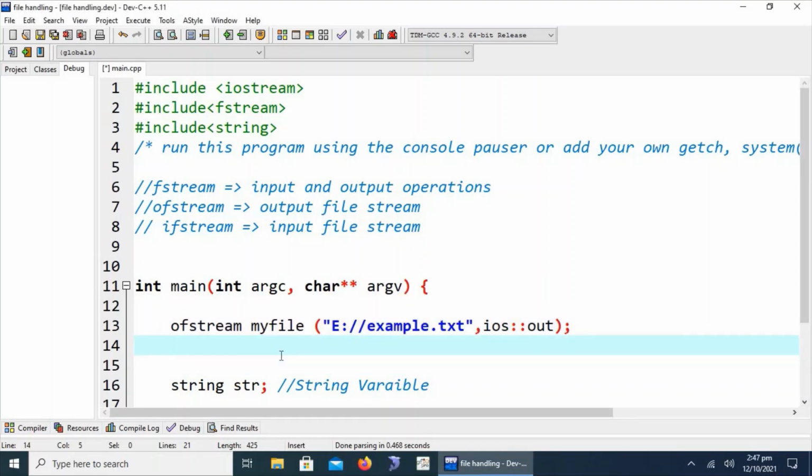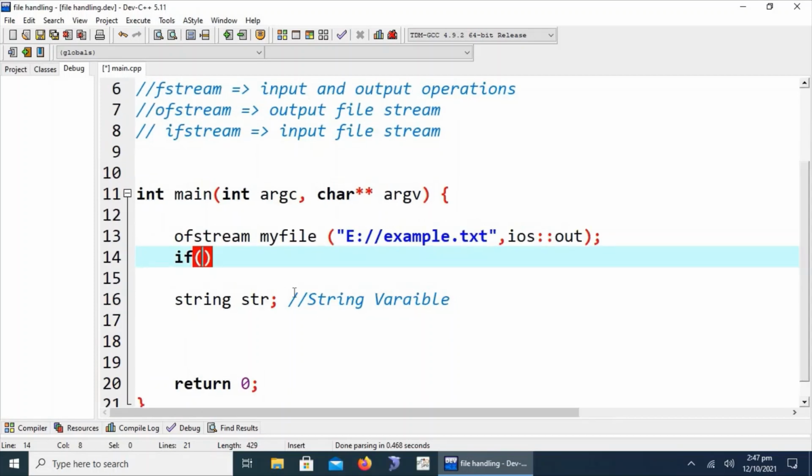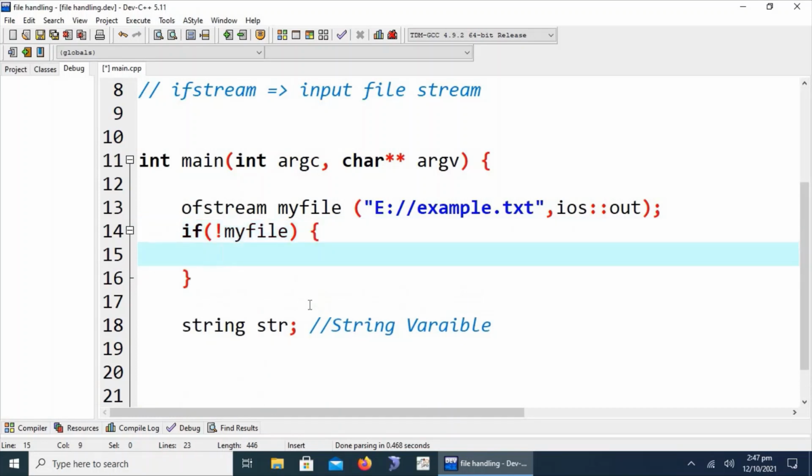So let's start writing to the file. First of all, we have to check whether this file is created successfully or not. We just say if not myfile, or if myfile, then operation, else we will write file not exist. cout, file not created successfully.